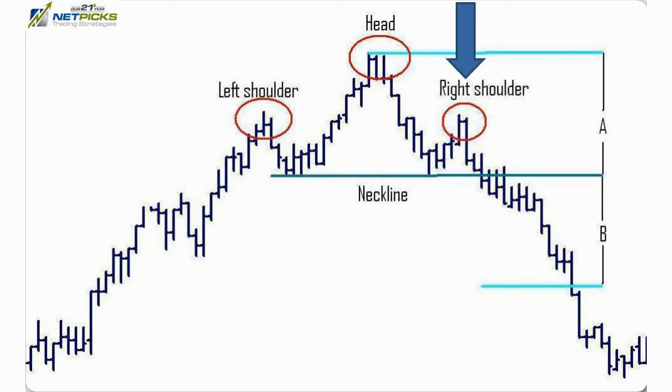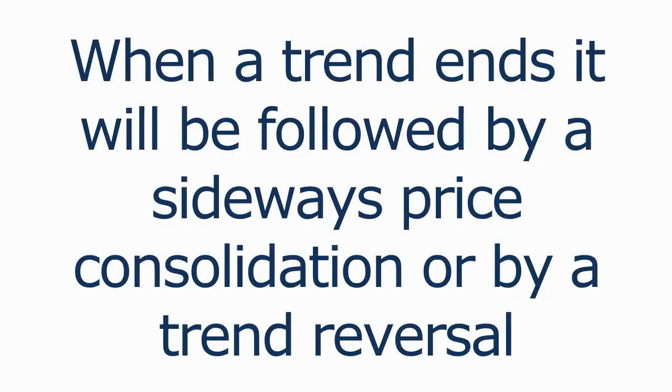And the right shoulder suggests a weakening of this uptrend because it is the first lower high in the chart. This weakening is further indicated by a new low at the right neckline that is just barely higher or the same as the prior low. And the pattern of higher highs and higher lows is breaking down, and it suggests that the uptrend is coming to an end. And when a trend ends, it will generally be followed by either a sideways price consolidation or